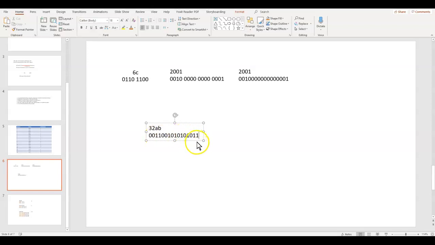Now, we could translate this into decimal if we wanted to, but it would be a little trickier because we have to go up into what? 1s, 2s, 4, 8, 16, 32, 64, 128, 256, 512, 1024, 2048, 4096, 8192. So that much of it is worth 8192, and we have to keep adding like that until we get to the end. But at least it can be done, and it's a lot easier to go from binary to decimal than it is to go straight from hexadecimal to decimal.